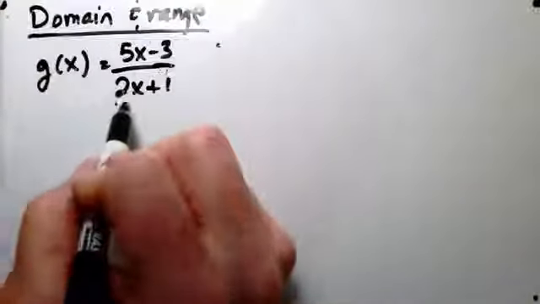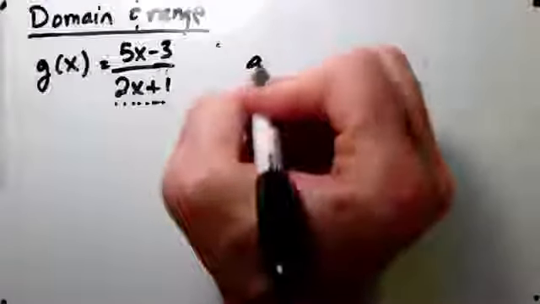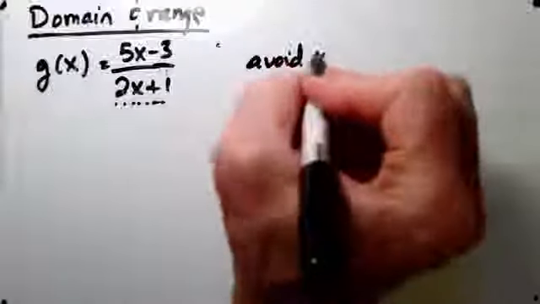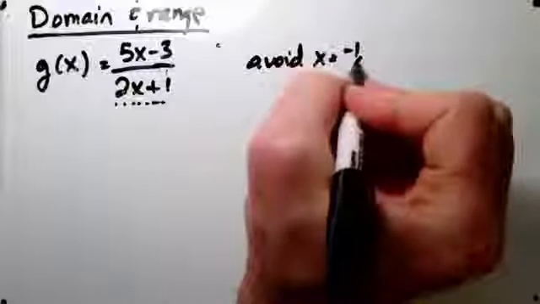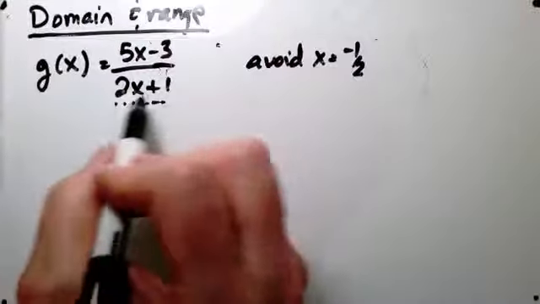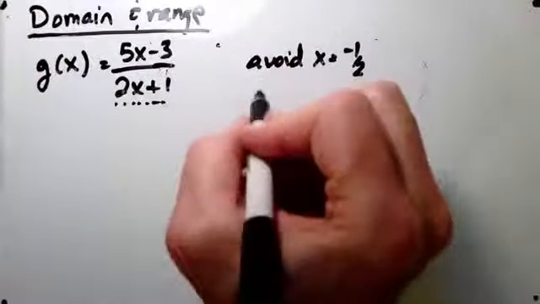The domain is all the x's that make sense. Well, I can't put in an x which would give me 0 down there. So we have to avoid x equals minus a half. All right, you can solve 2x plus 1 equals 0. So the domain